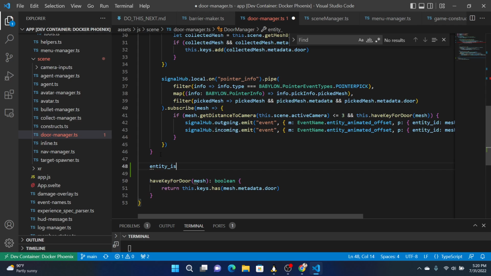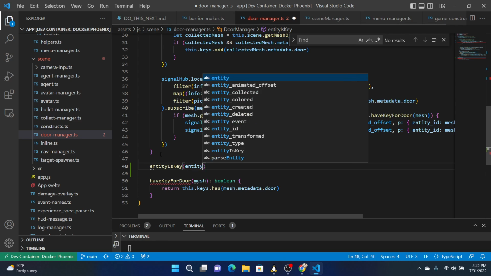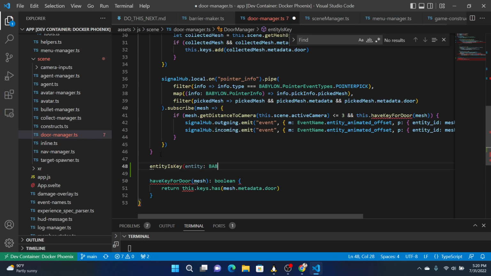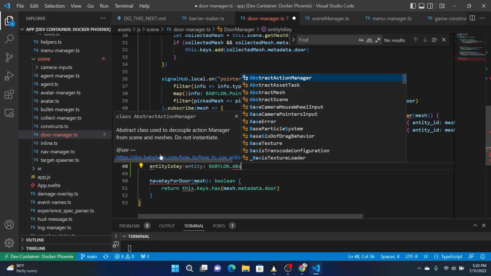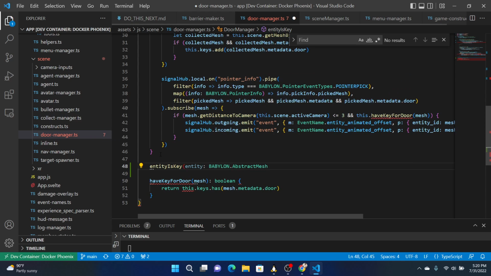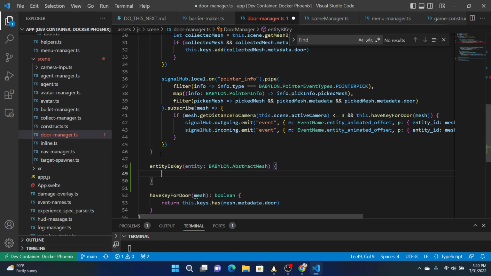Entity is key, give me the entity, which is a Babylon abstract mesh. So you either return the entity name,